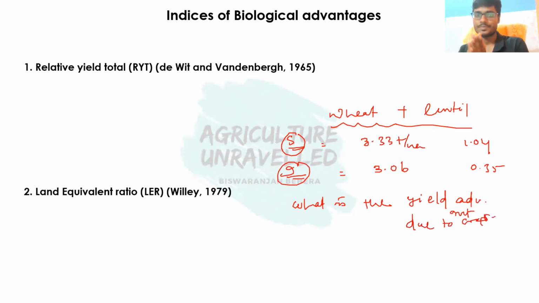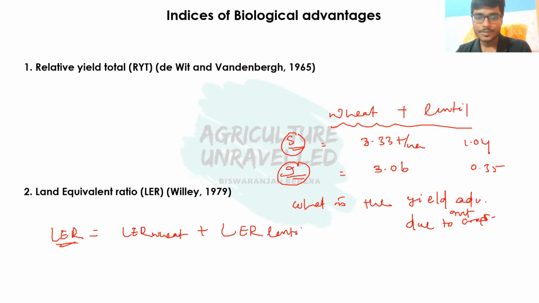So this can be asked. The solution will be simple. We have to calculate the LER. Total LER is LER for wheat plus LER for lentil. LER for wheat is intercrop yield divided by sole crop yield, so that is 3.06 divided by 3.33, plus LER for lentil is